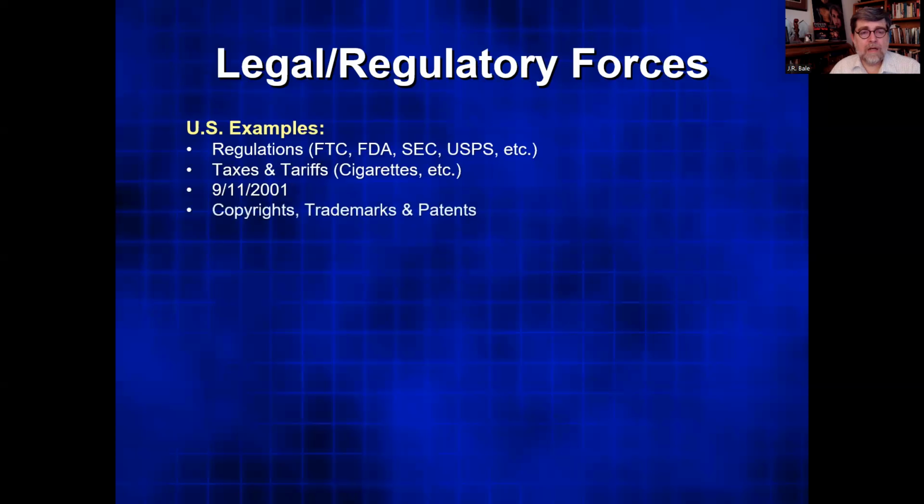So we also have copyrights, trademarks, and patents. This is an area I'm particularly interested in, since copyright is a protection of any creative work, whether it's a painting, a photograph, a book, a poem, a sculpture, a piece of software, anything that is created by the human mind or executed in some way, like taking a photograph, and that can be copyrighted. It exists just by the creation of it, but to protect it, you'd often have to register your copyright with the Library of Congress. Trademarks pertain to trade names.